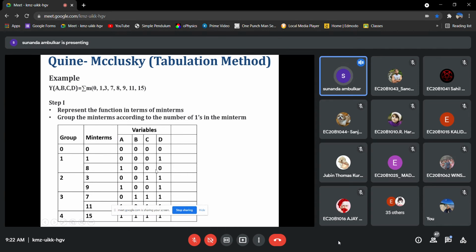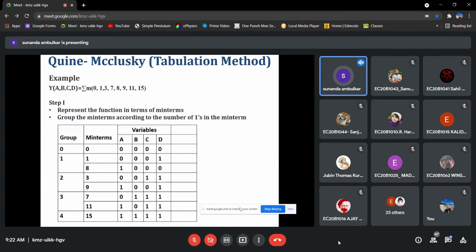Group 2 consists of 3 and 9, represented by 0, 0, 1, 1 and 1, 0, 0, 1. Group 3 consists of min terms 7 and 11, which are 0, 1, 1, 1 and 1, 0, 1, 1. So 3 ones are here, and in group 4 we have 15, the combination 1, 1, 1, 1.